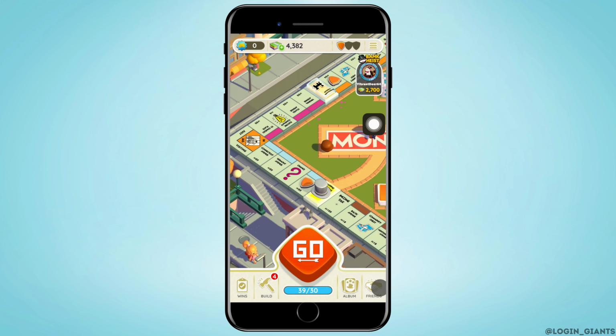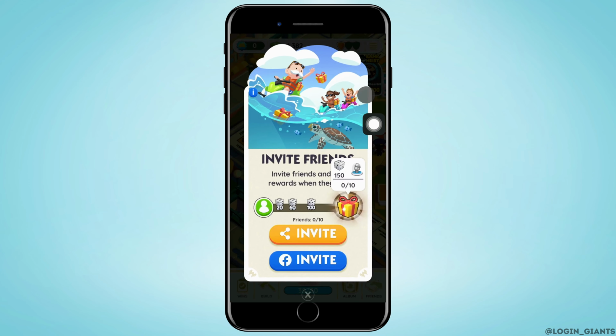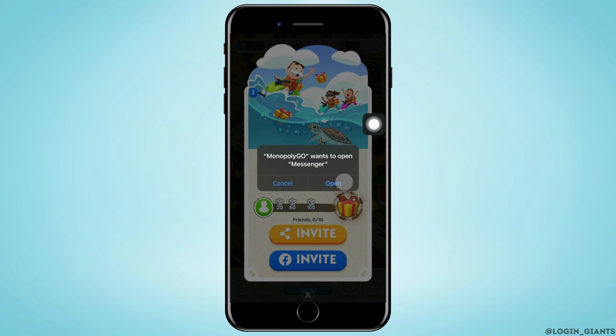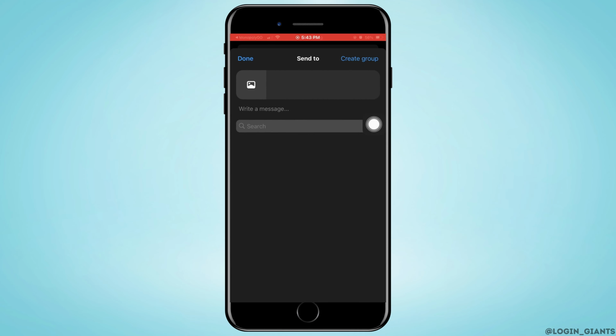Now in the bottom right corner, you can see friends. You want to go ahead and tap on it. Here you can see contacts, Facebook and invite in the bottom. You want to tap on invite, and when you tap on the first option, you'll be able to invite your friends through various medias. And when you tap on invite Facebook, you'll open Messenger and you'll be able to send